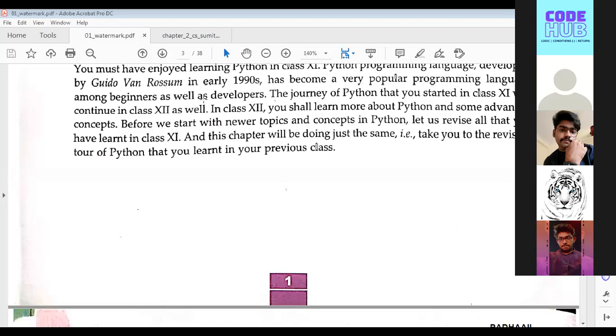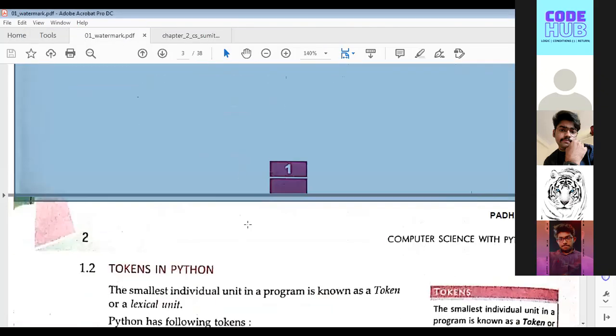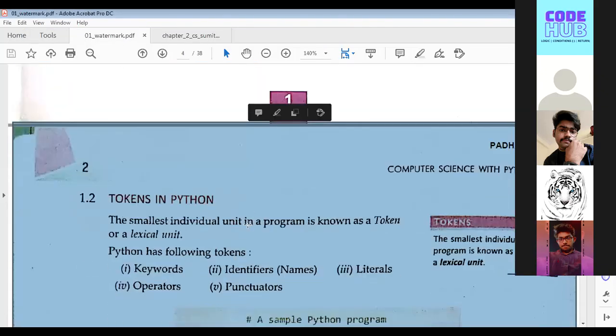Python is a dynamically typed language. He must have told you about a console, and it can be done in a console or in a scripting mode. Scripting mode is basically by saving the file. Wait, I'll open my Python, then we can do it in parallel. So how do you run a Python file? Can anybody tell me how you run a Python file after saving? The people who have told me they've done it previously, how do you run a Python file?